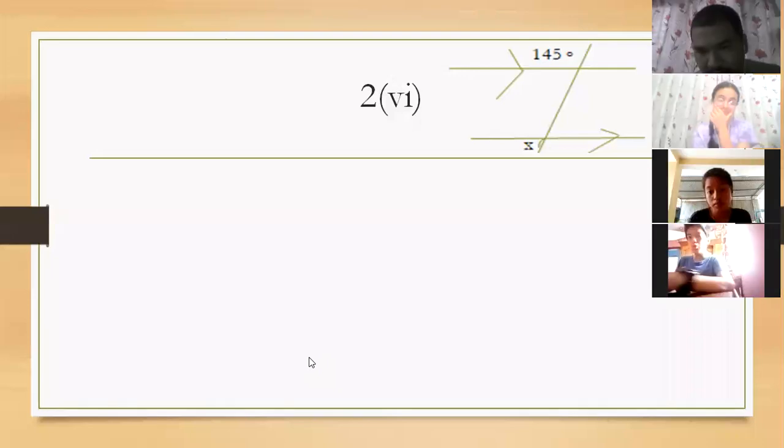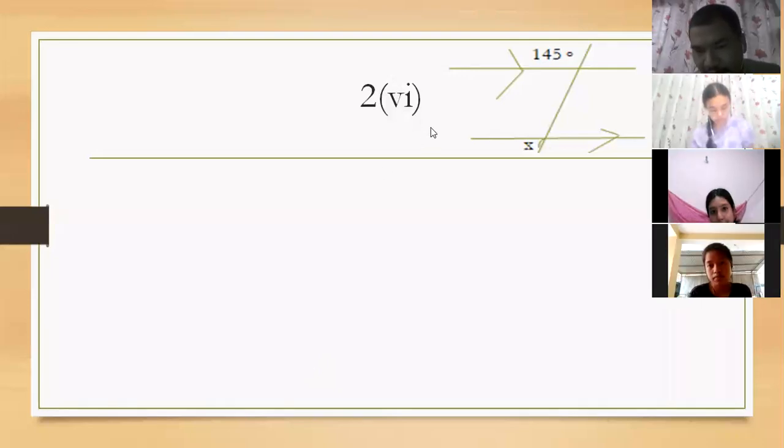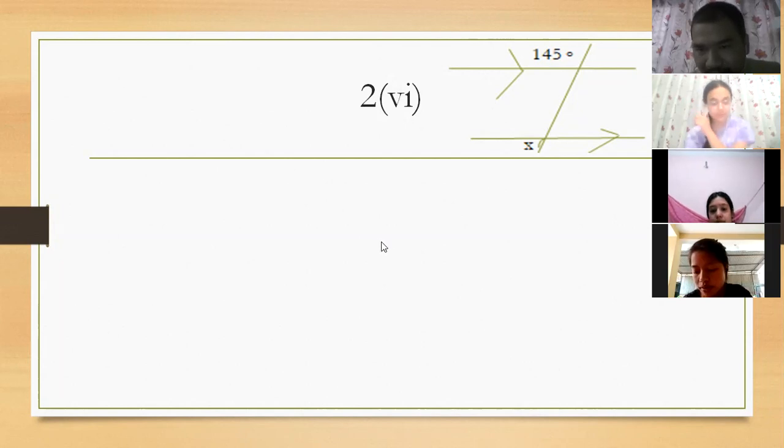Simrika, alternate? Your try is okay, but that's not correct. Co-exterior angle. Very good, very good. They are co-exterior angles. Both are outside, and they are located on the same side of the transversal. These two angles are co-exterior angles, okay, children? And their sum will be 180 degrees.